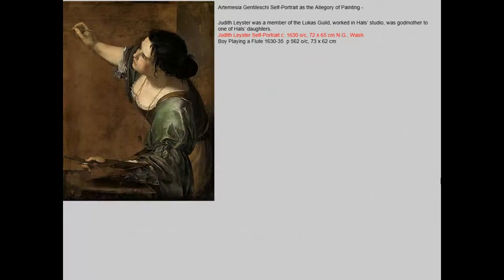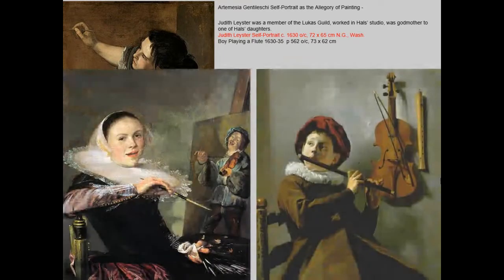Artemisia Gentileschi we talked about in Italy. I did not show you this portrait at the time, but this is her self-portrait. In the act of painting, she's proving to you that she can do it. And that continues here in Holland. Check out the painting at the left. That's a self-portrait by a female painter, Judith Leister. And Leister is showing you the type of work that she's known for. She literally shows you herself doing it,